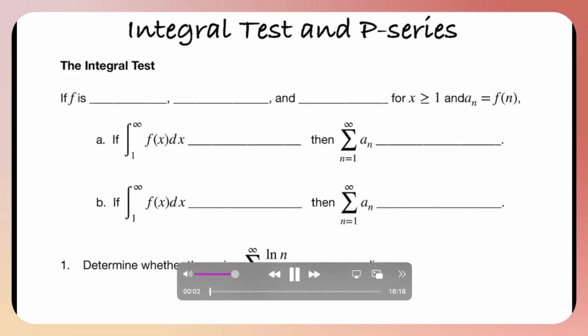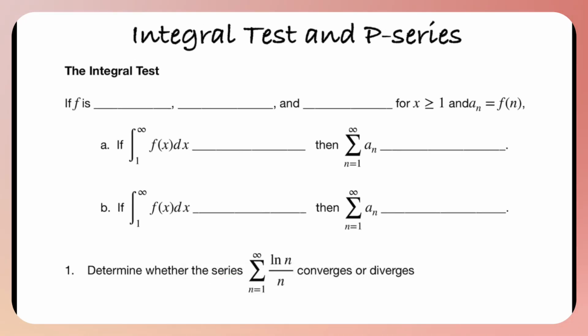Okay, in today's lesson, we're going to learn something called the integral test, and we're also going to learn about p-series. So the integral test says if f is positive, continuous, and decreasing, those are the three conditions that must be met before you can apply the integral test, for all x greater than or equal to 1 and a sub n is equal to f of n, we